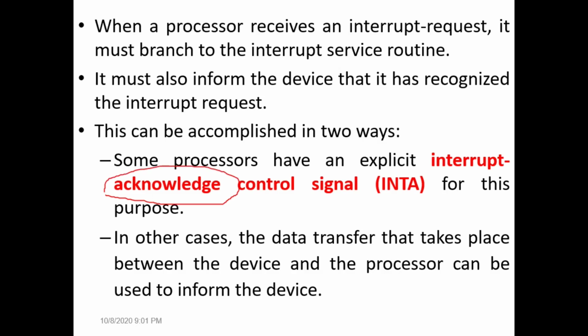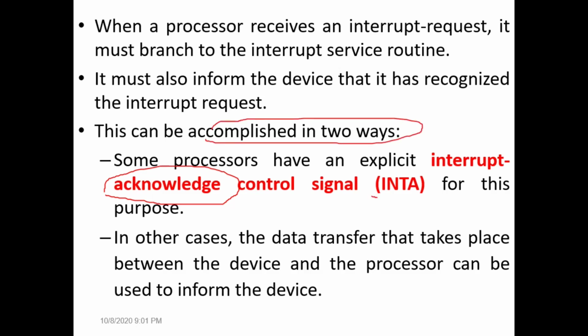That means whenever the processor comes to know that a device has interrupted, it immediately acknowledges the input output device that your interrupt has been considered. Do not interrupt again and again. Keep calm. So we have to acknowledge every input output device which interrupts the processor. The processor has to acknowledge whether its interrupt has been considered for execution or not. And this can be done in two different ways.